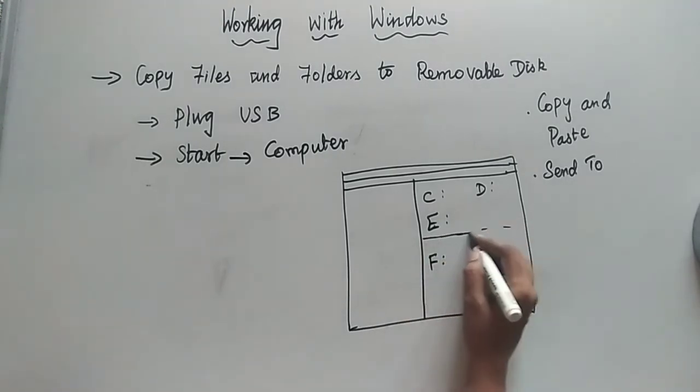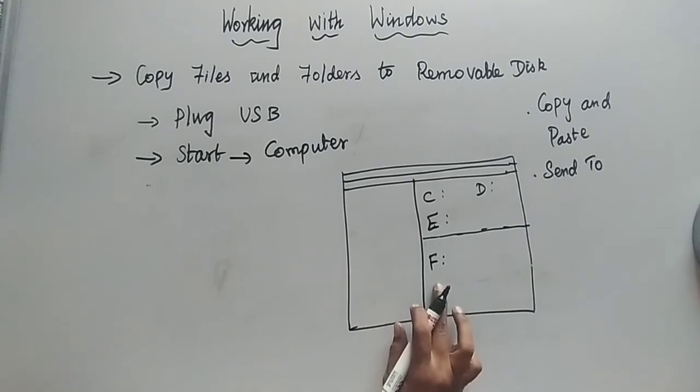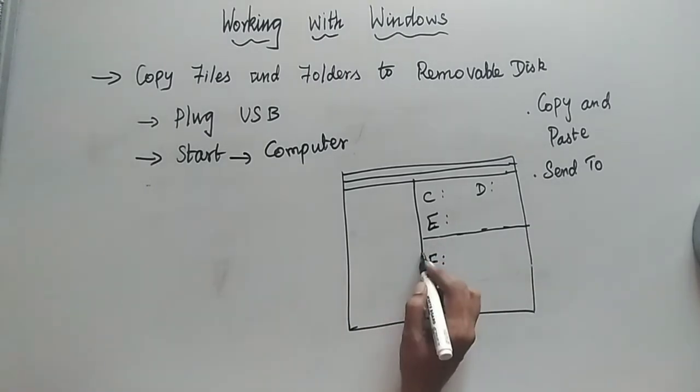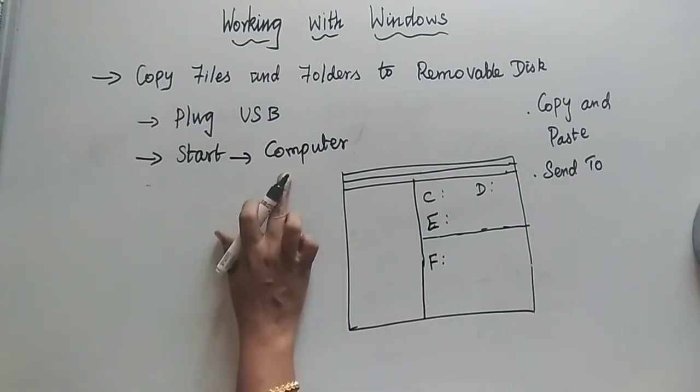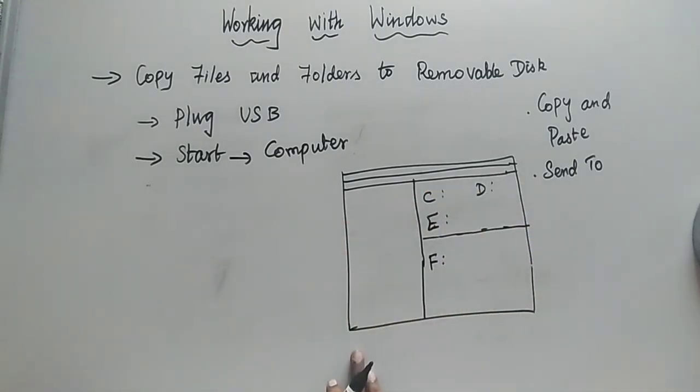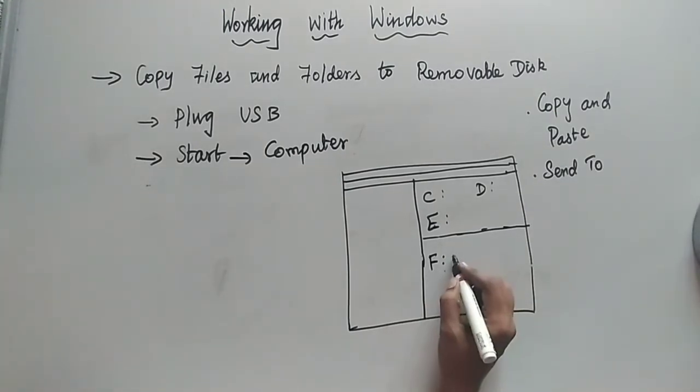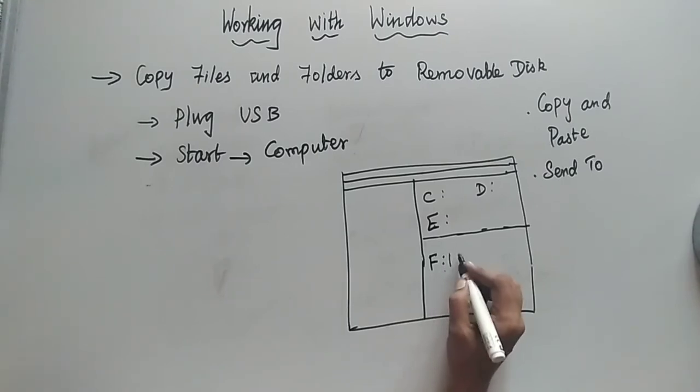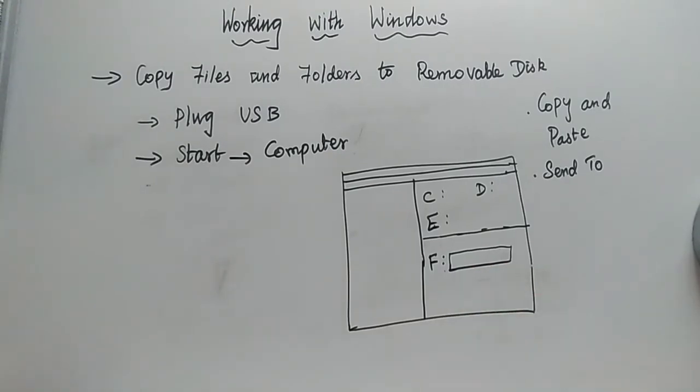These are already inside your system, and this is your removable USB drive, that is your F colon. After clicking My Computer, a window will be displayed for you. From that you are going to select the USB, and then the removable disk. Automatically it will be detected here, along with the name of your pen drive, if it has one, and its capacity.